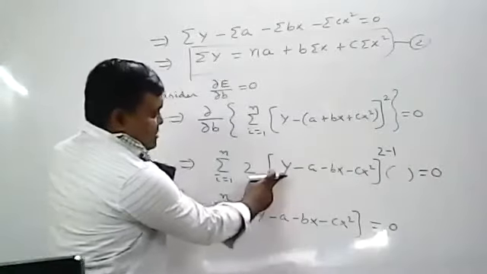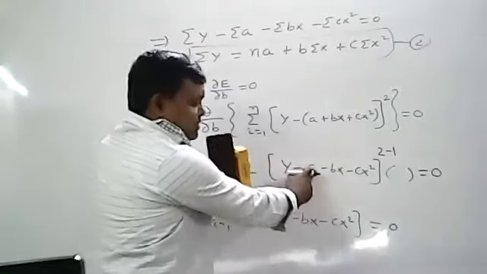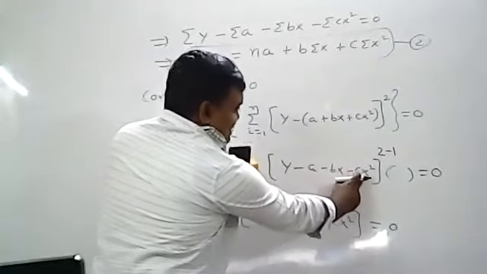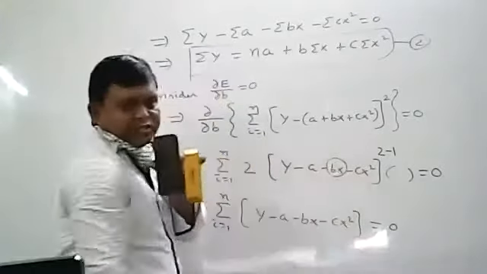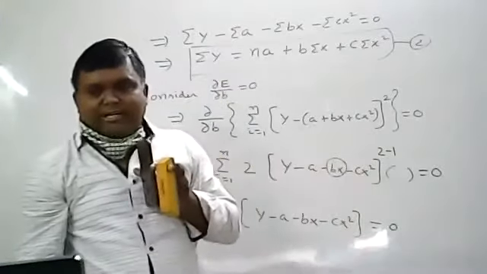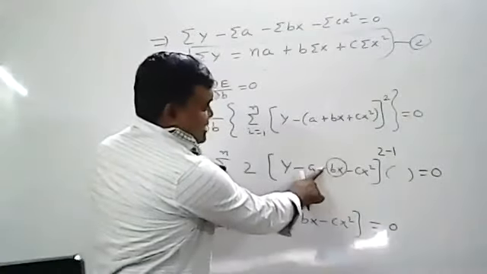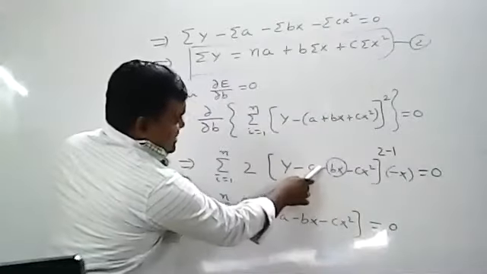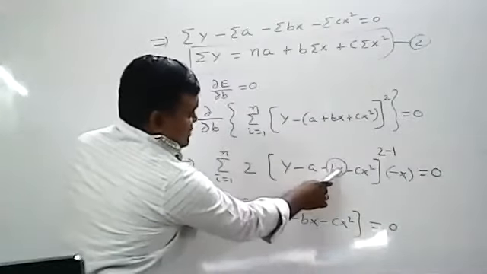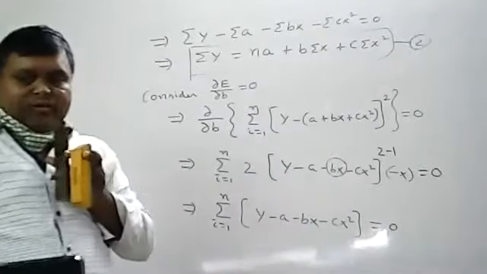So here b is not there, this is a constant, partial differentiation is 0. Here also b is not there, partial differentiation is 0. Here also b is not there, partial differentiation is 0. Only this term exists. What is this term? bx. So bx with respect to b, the coefficient is 1, and 1 into this x into minus 1, that means you will get minus x, because the b coefficient is minus x. With respect to b, partial differentiation of minus bx gives minus x. That is the only difference.